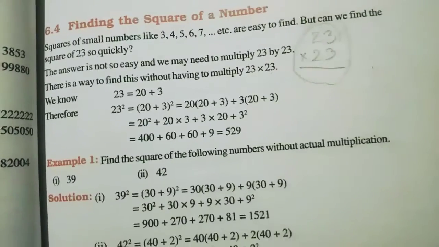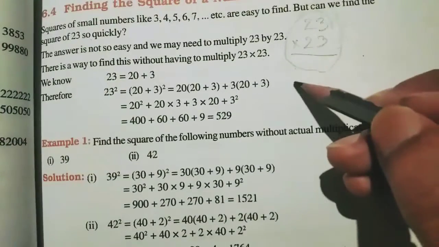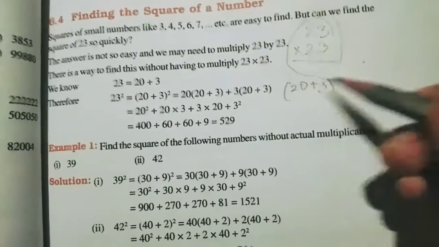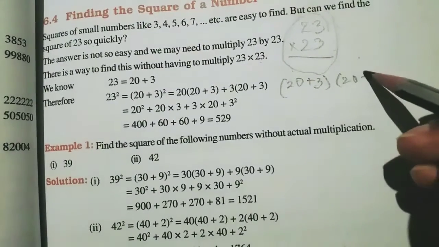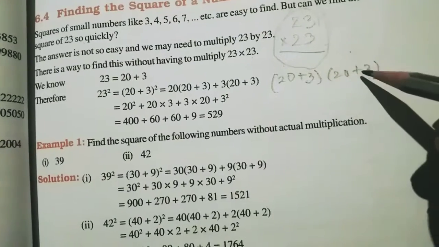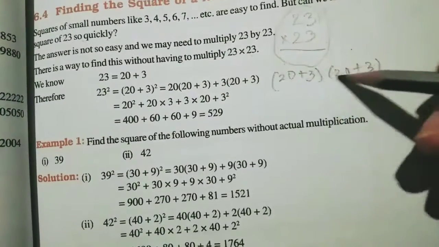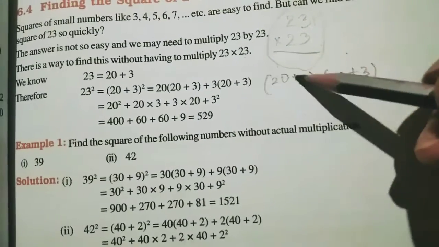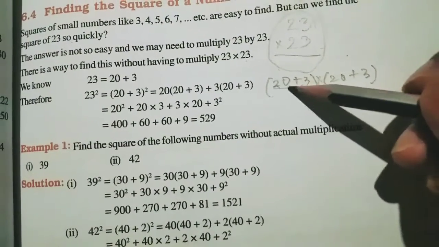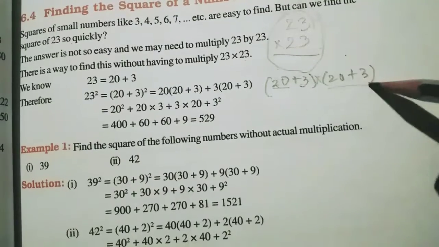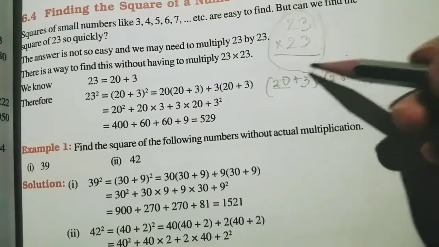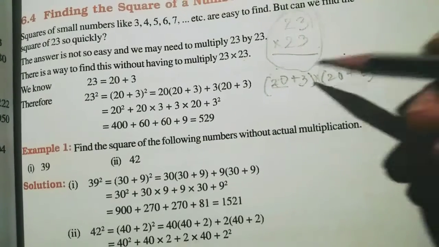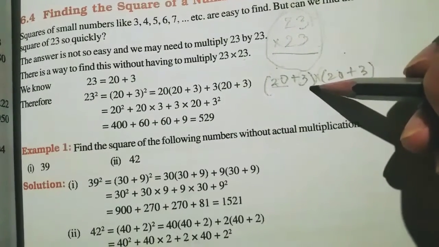So one step is missing here, and what is this step? 20 plus 3. 2 times means this one, and again into 20 plus 3. Okay, like this. This is called the 2 times. That means square. Square means this one, 2 times you have to write, and here is the multiplication sign. So now how to multiply this number? This 20 you'll multiply with these two numbers. Okay, one time we'll multiply this 20 with this whole number, and again one time we'll multiply 3 with this whole number.